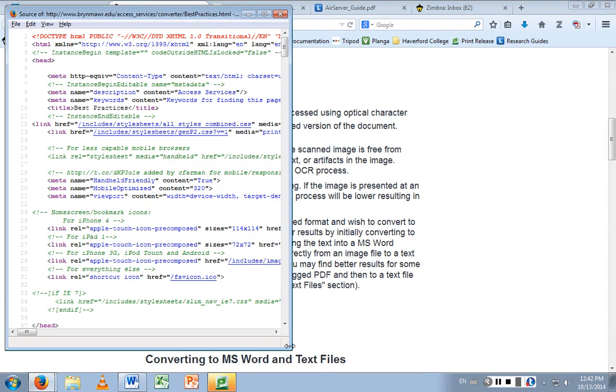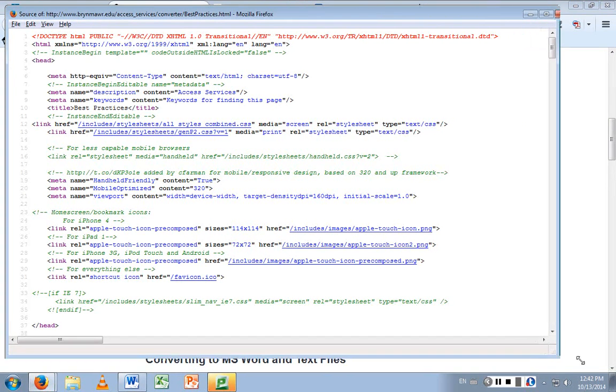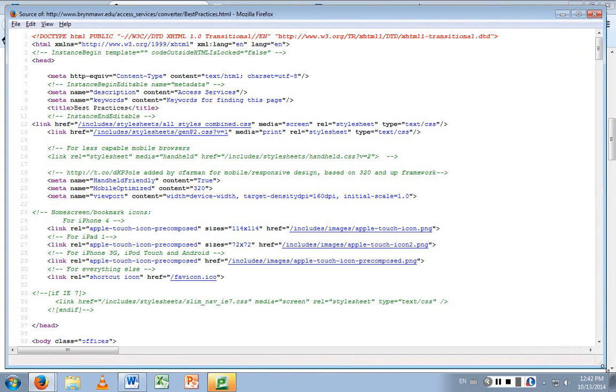The reason I'm showing you this is because when you look at HTML, it's easy to see. When you're making something like a Word doc, the same kind of thing is going on in the background that you never see. I think it helps to understand.